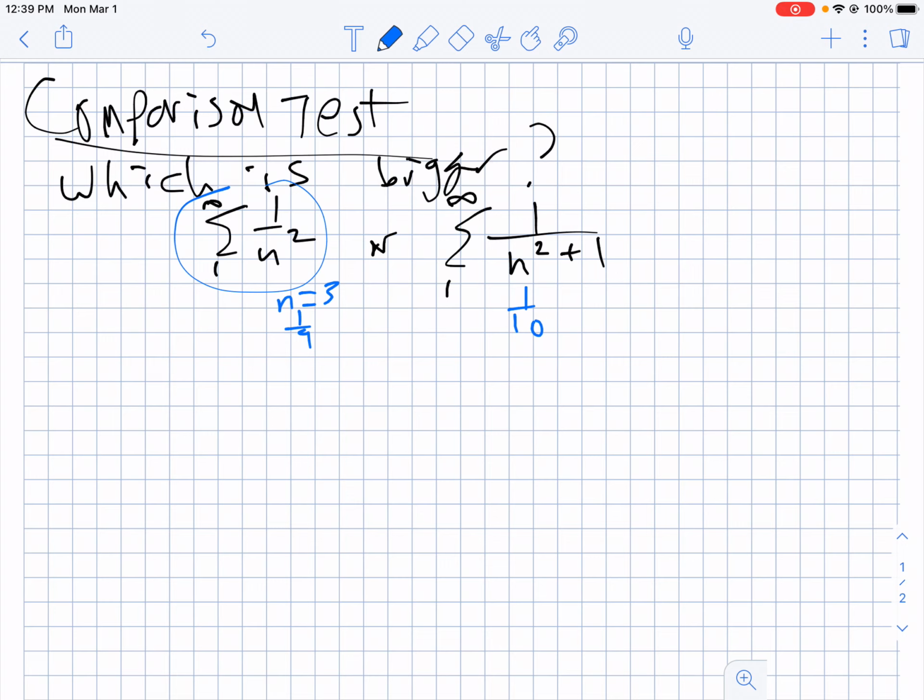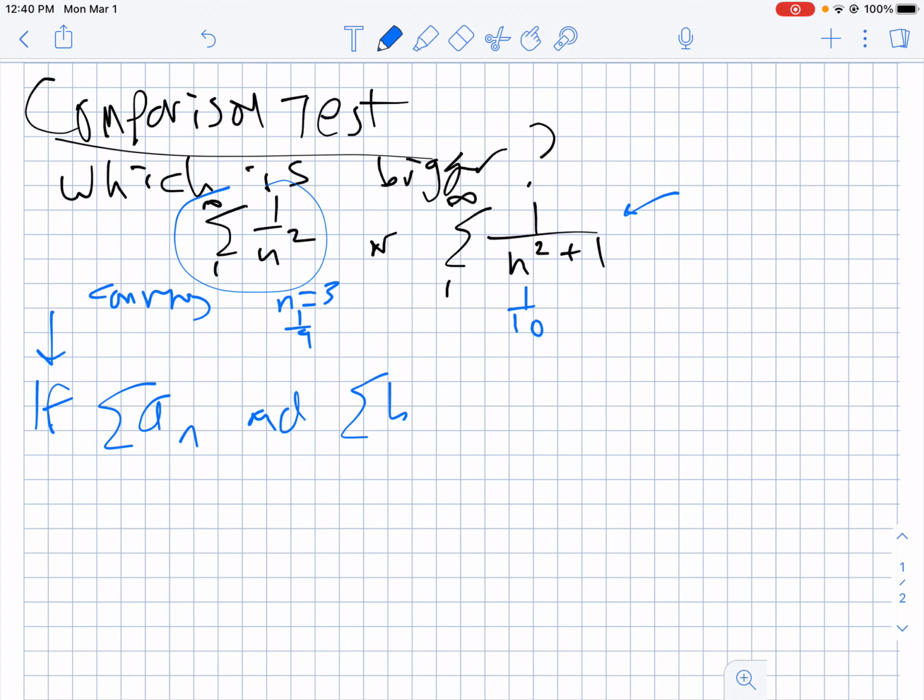So the idea here is that we know that the series 1 over n squared converges. It's a p-series. But if this series is smaller than something that converges, shouldn't it converge as well? You can prove that by the limit comparison test, but the more traditional comparison test gives us a solid way to do this. So what the comparison test tells us is this: